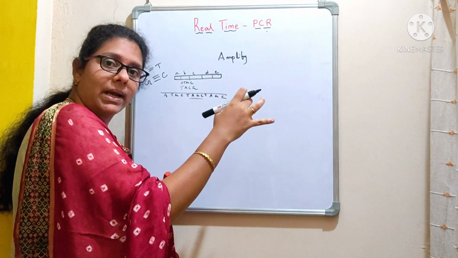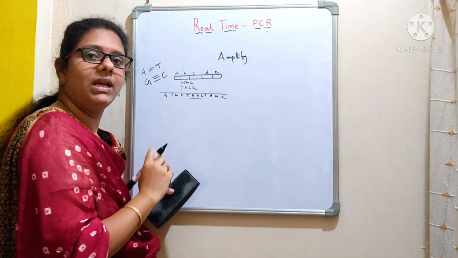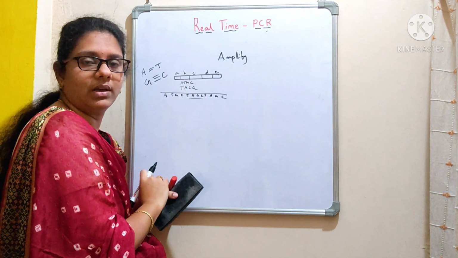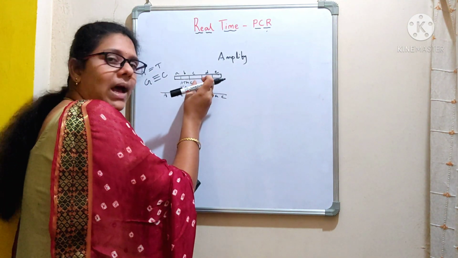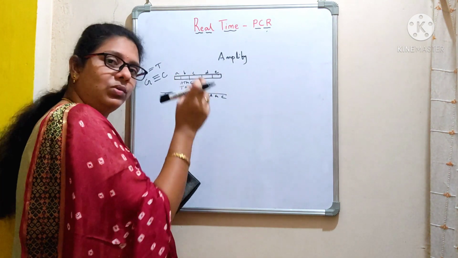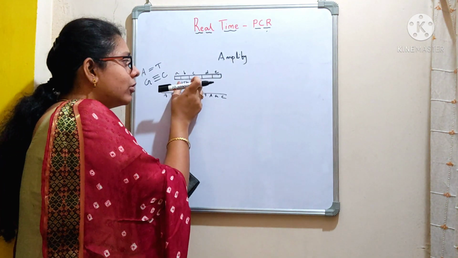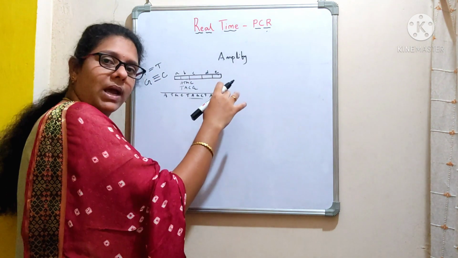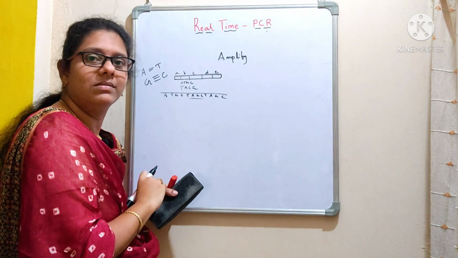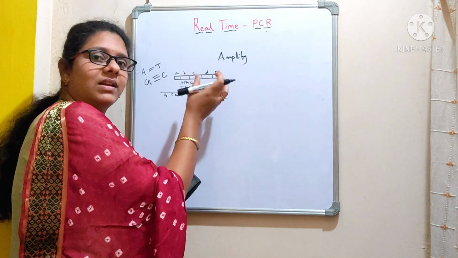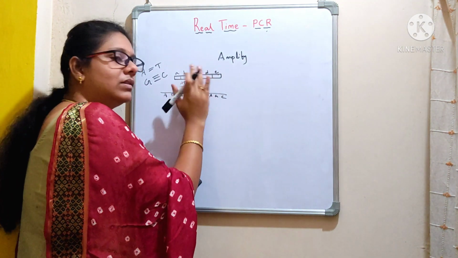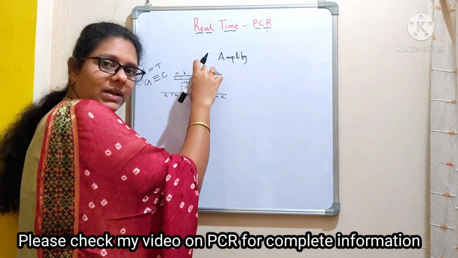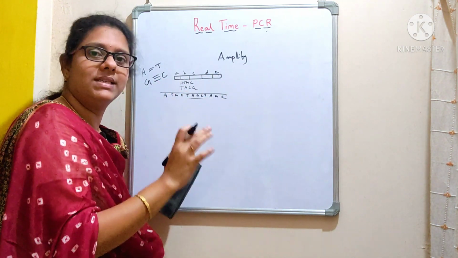Once we add a primer, it will go and specifically bind with the DNA if they both are complementary to each other. So here, if you want to amplify the gene C, you need to design a forward primer that should be complementary with the gene B, and a reverse primer that should be complementary with the gene D. So these are the flanking regions that are present adjacent to the gene of interest. That is, here we are interested in gene C, right? So in this way you design a primer.